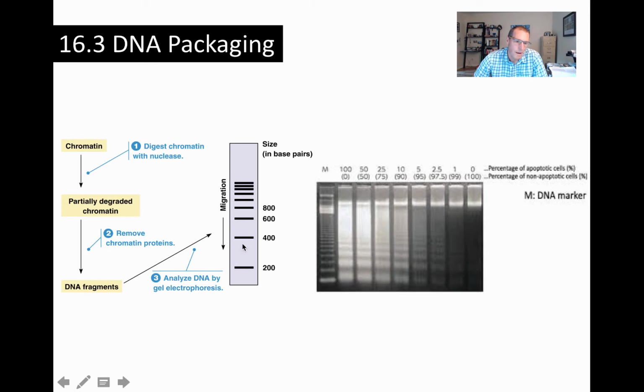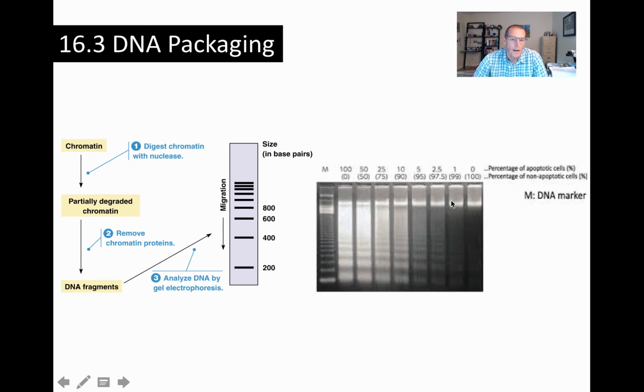where each step between the bands, each band being a bunch of molecules of the same molecular mass, is a multiple of about 200 base pairs. I've pulled a gel off of the web here so you can see what this looks like. So this would be 200 base pairs difference in size, 200 base pairs, 200 base pairs. And the reason these get compressed up at the top here is because of the way that agarose gel electrophoresis